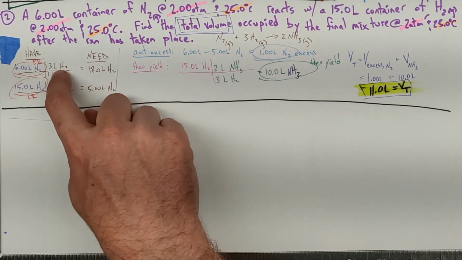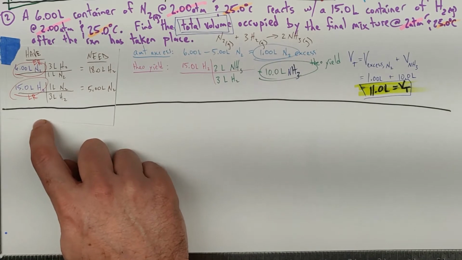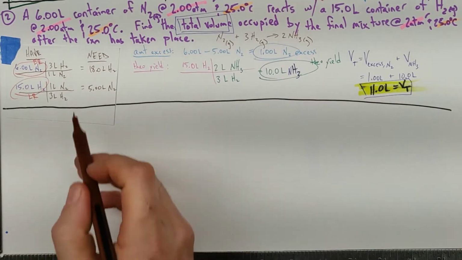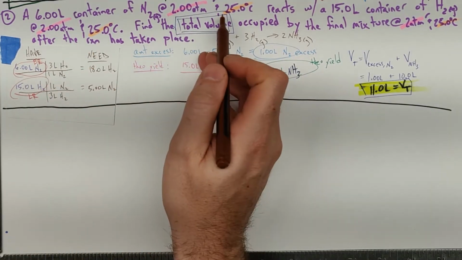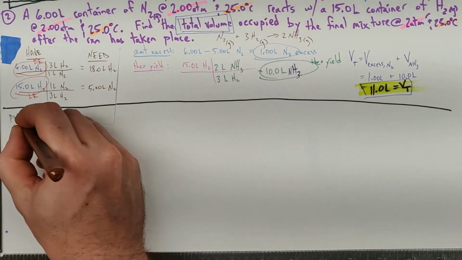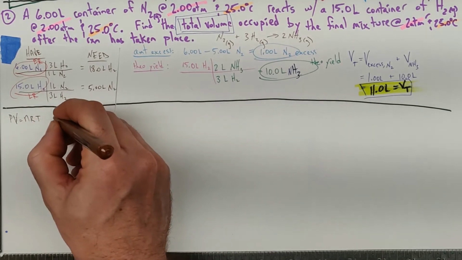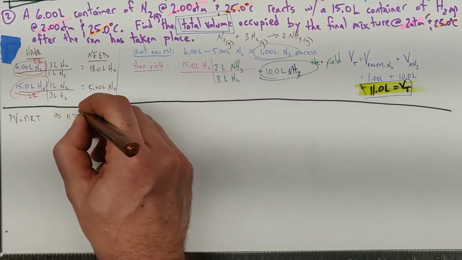And up here was a shortcut because we knew moles and volumes were going to do the same thing. Down here, though, we're going to pretend we don't know that. We're going to start out turning our volumes and temperatures and pressures into moles. We know PV equals nRT, and we can rearrange that a little bit so that n equals PV over